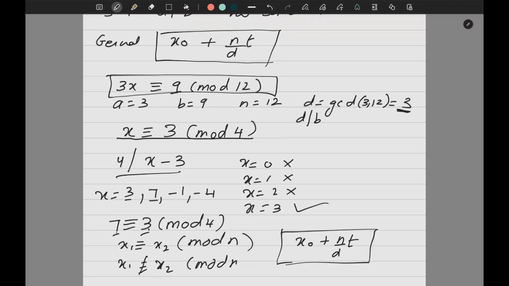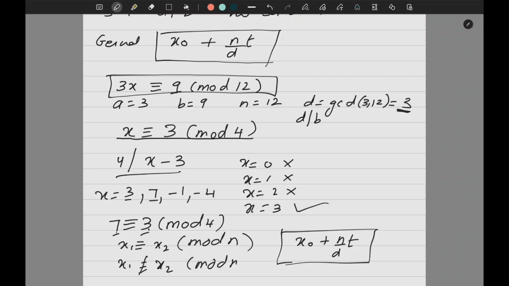But I will never recommend this method for you, because this method works when the numbers are small. If the numbers are big, you will get confused and you will end up with a lot of mistakes. The other one is to keep on reducing the numbers by using the definition of congruency. That also, if you go in the right direction, you will get the answer in 2-3 steps. But by mistake, if you pick up a wrong number, it will become very lengthy.